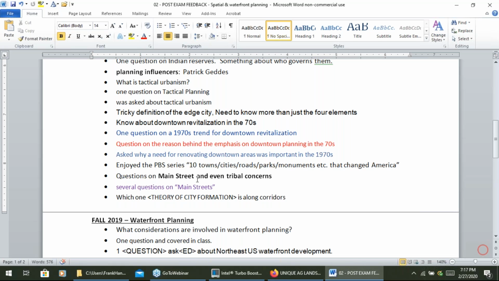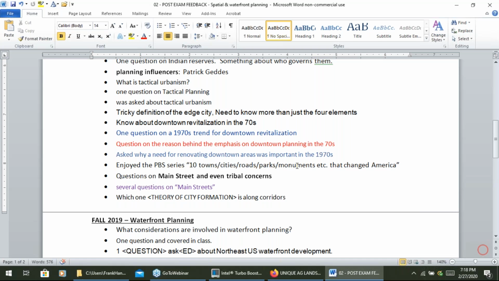Main Street also comes up here. Tribal concerns. Which theory on city formations deals with corridors? Do you get into tactical urbanism in one of your classes? A little bit. We touch on it here and there.